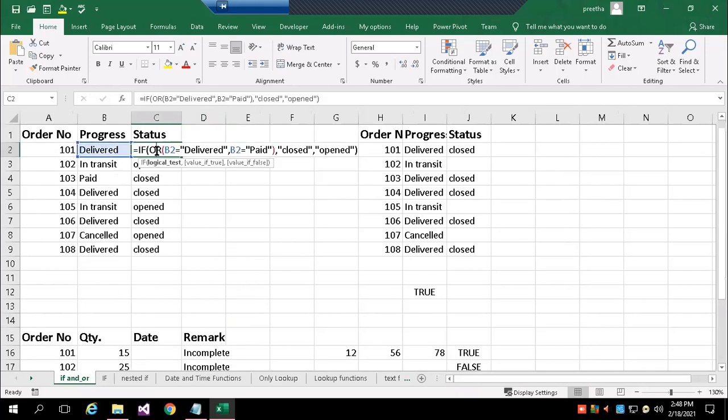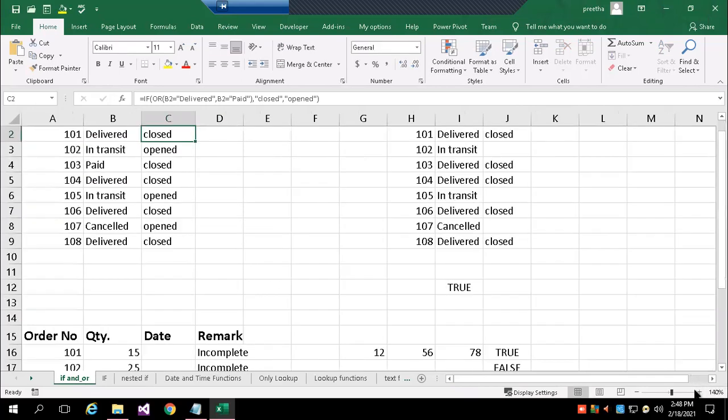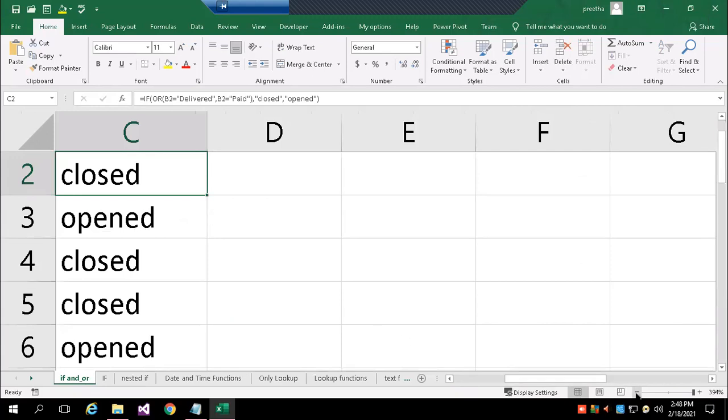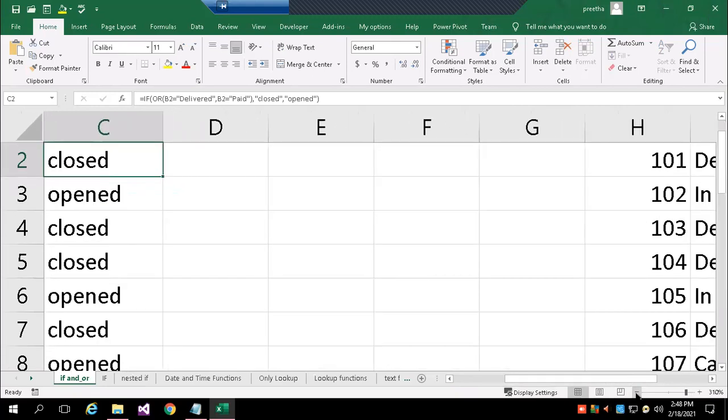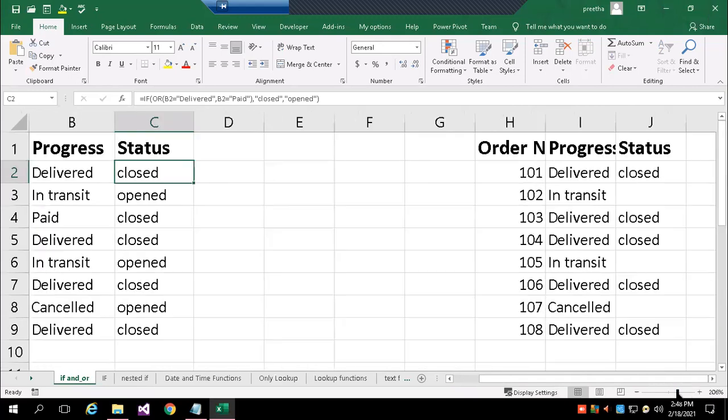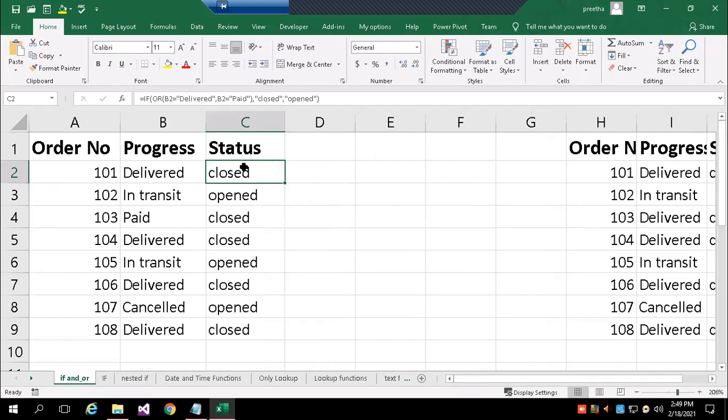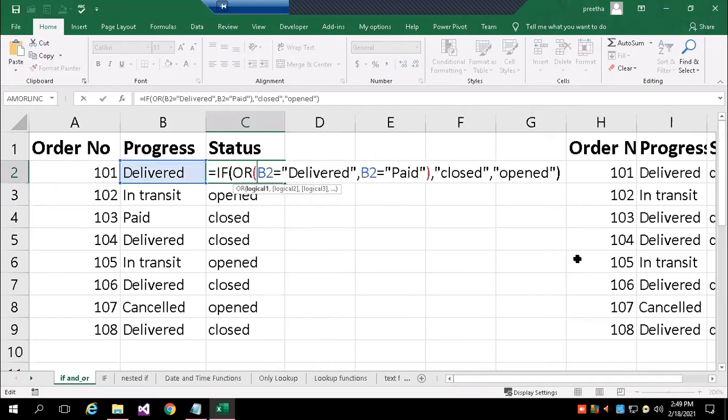So you can see this. I used or, instead of and we are using or.